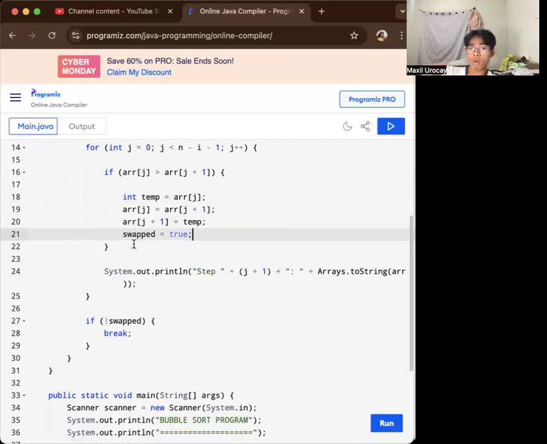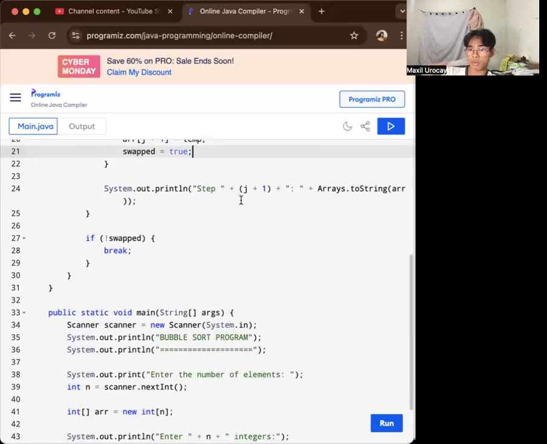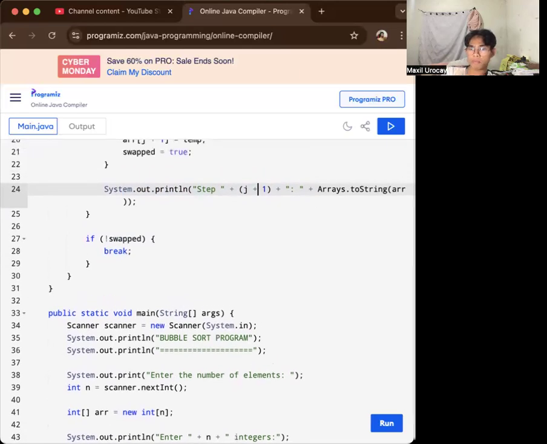Now, afterwards, we print out the system, sorry for the fillers. Step, we have j plus 1, then concatenation of array to string array. So that prints the state of the array at each comparison.